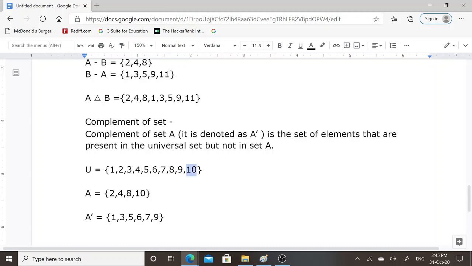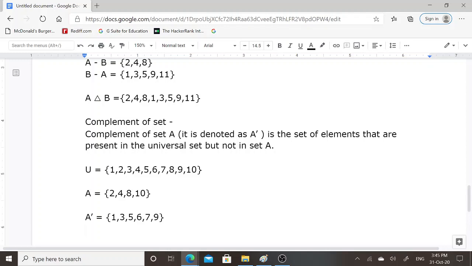10 element is present in both sets, universal set and set A. Therefore 10 will not be the part of A's complement operation. This is the A's complement and elements that are present are 1, 3, 5, 6, 7 and 9.